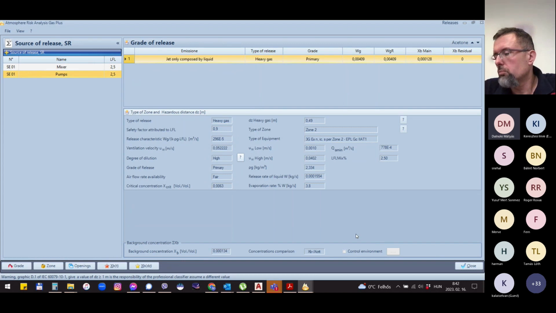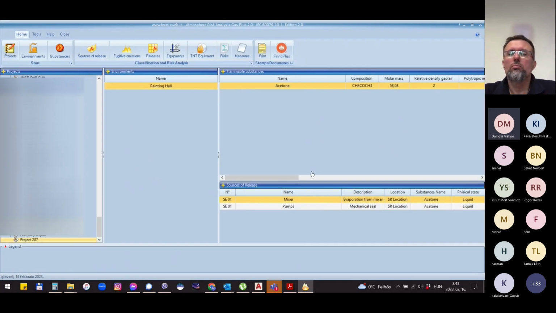The software always calculates in parallel in the background. If we put more and more grades of release in one project with the same environment, the background concentration comparison with the critical concentration is always updated in the background. That's a very, very important thing, because if you do the calculations manually, it's hard to do. The software can do it very quickly and continuously update. So the next grade of release,